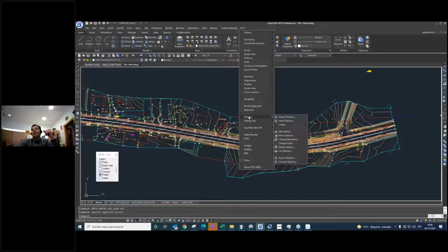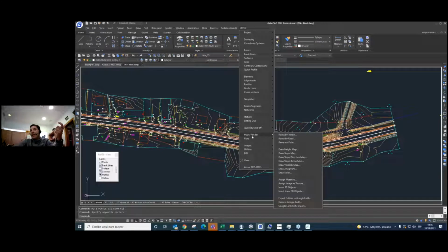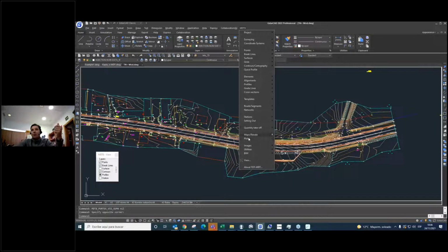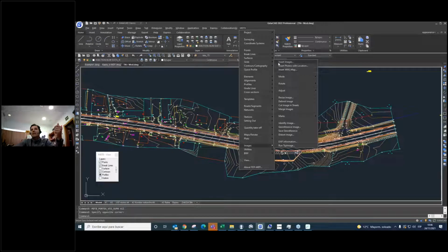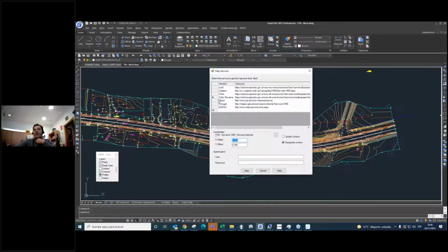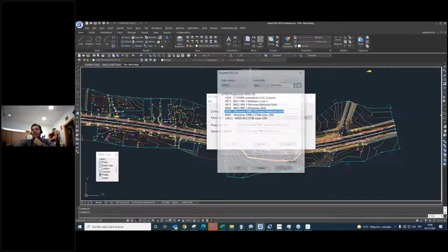one very common or useful thing, which is to use an image from the website. In this case, I'm going to use image, insert. We can insert an image from one ortho image from the drone or something like that, that we have the coordinate of the photo center or something like that, or we can use the web map services map to use that image. In this case, I have the Slovenian ortho image. We only have to say the coordinate system, the reference coordinate system. In this case, we can select different coordinate systems of Slovenia.